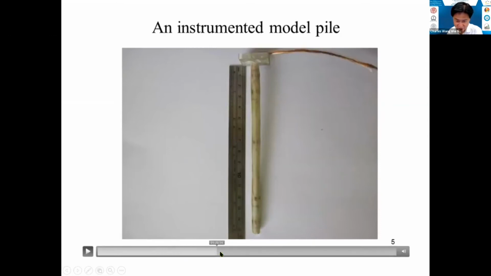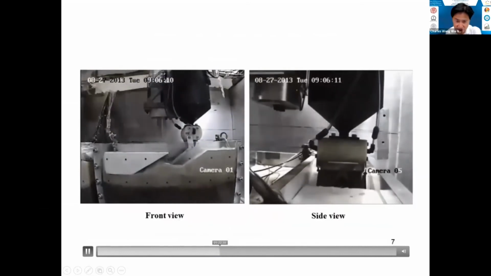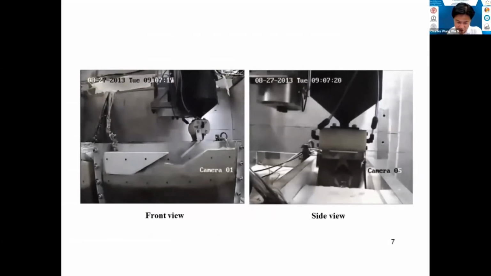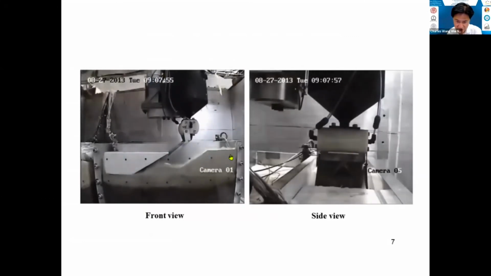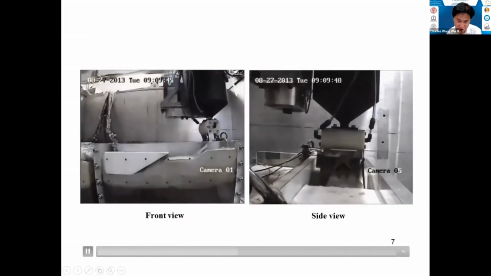It saves time, so I skip that. Now this is actually using the robot to simulate the embankment construction. This part here is the existing embankment on the right hand side, and now the embankment is being built, bit by bit, layer by layer,